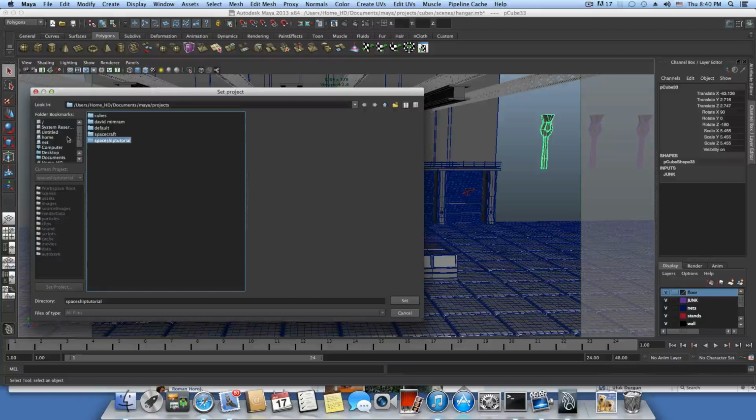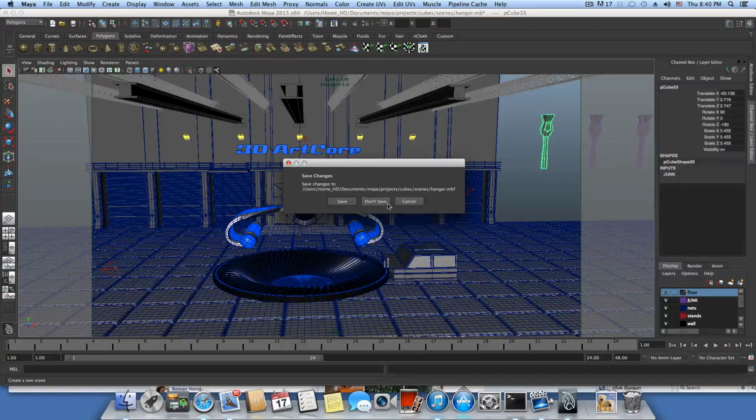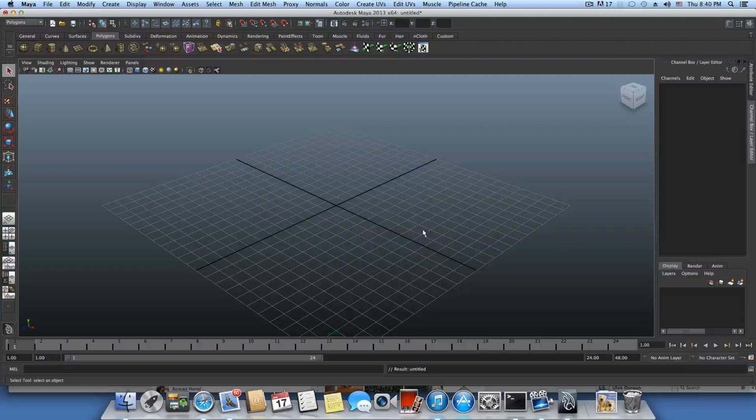By the way, this folder should be created inside your Maya, inside your documents, Maya projects, okay? If it's not, make sure where you did create it, okay? And finally click Set and File, New Scene, and don't save this. Okay, so